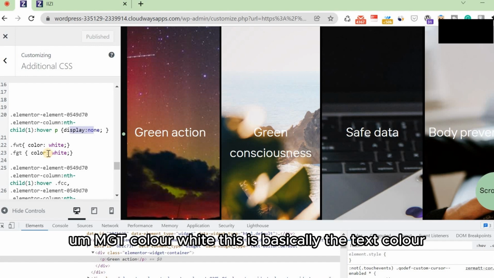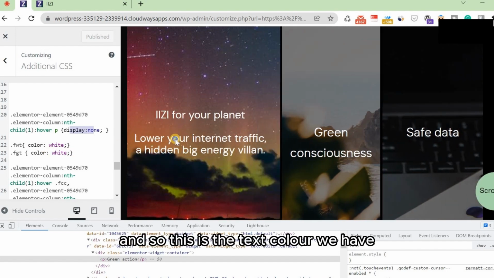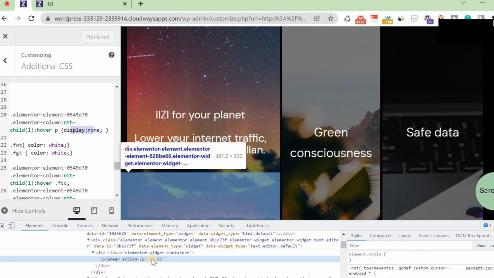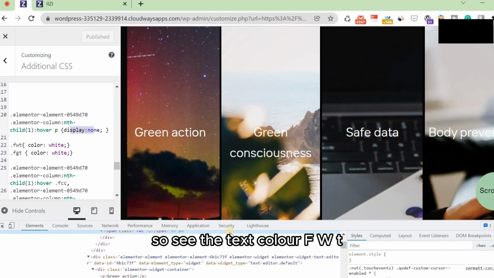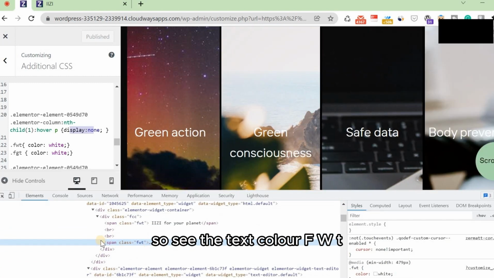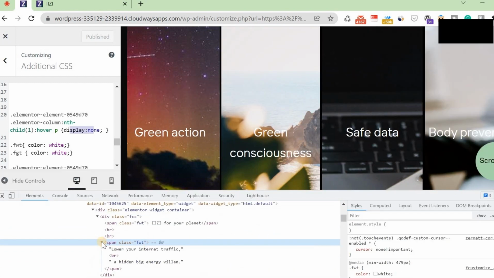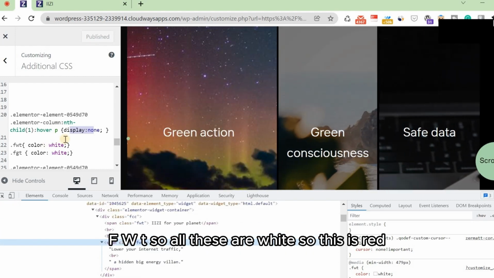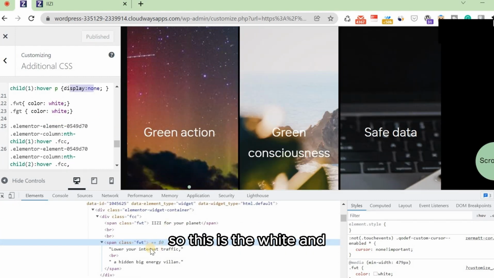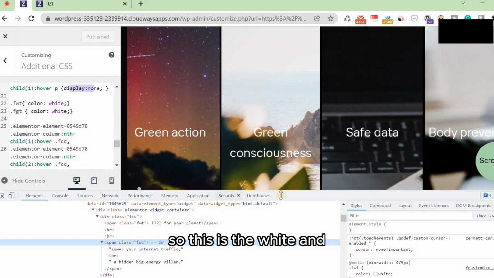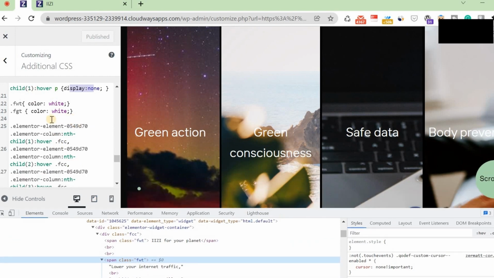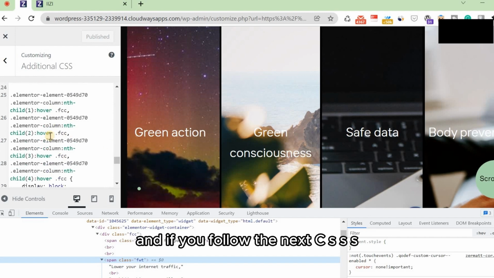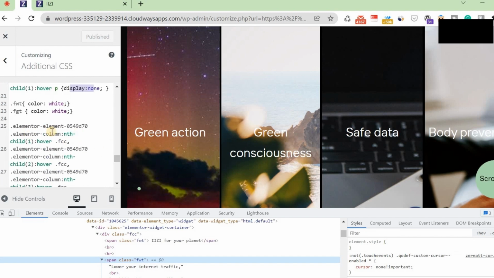This is basically the text color. So all these are white, like this. And if you follow the next CSS,